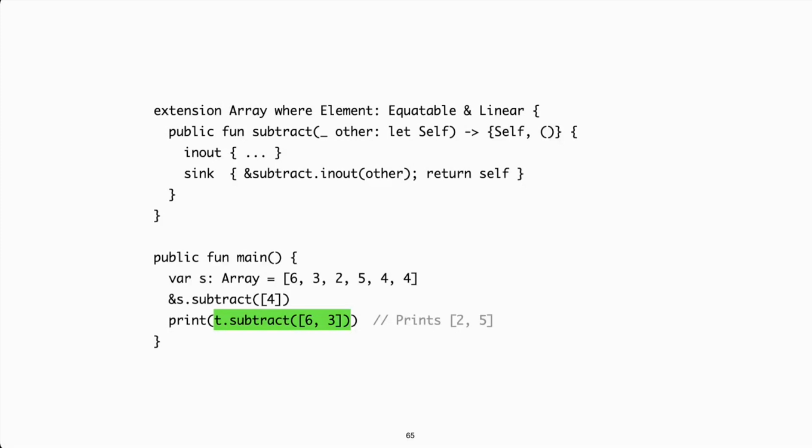So this approach allows us to make links between the different versions of the same function that we have for these different semantics, and have the compiler figure out what is the best version to use. And in this example, we just implemented sink in terms of in-out, but we could have situations in which it might be better to have a custom implementation of sink because we can leverage some properties to better reuse storage or something like that.